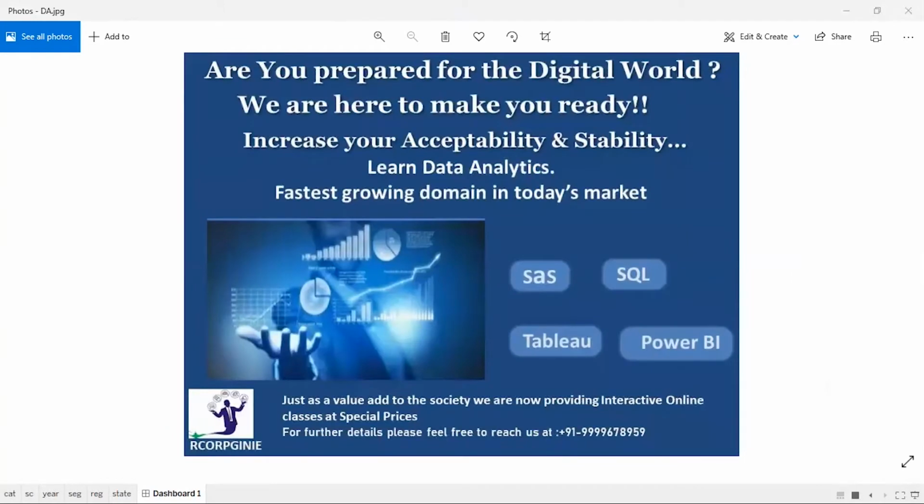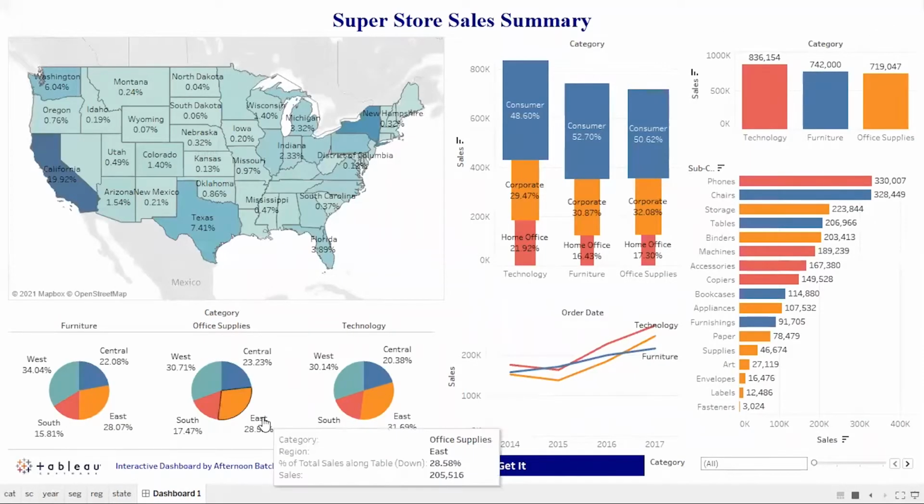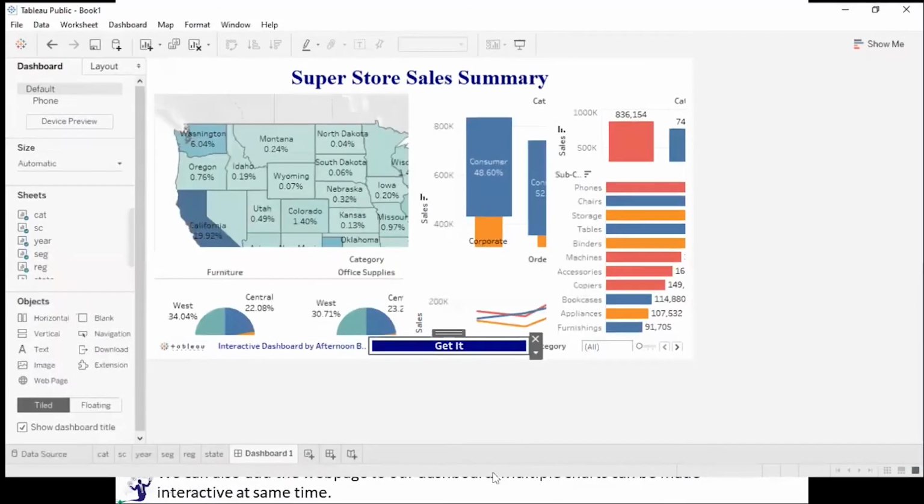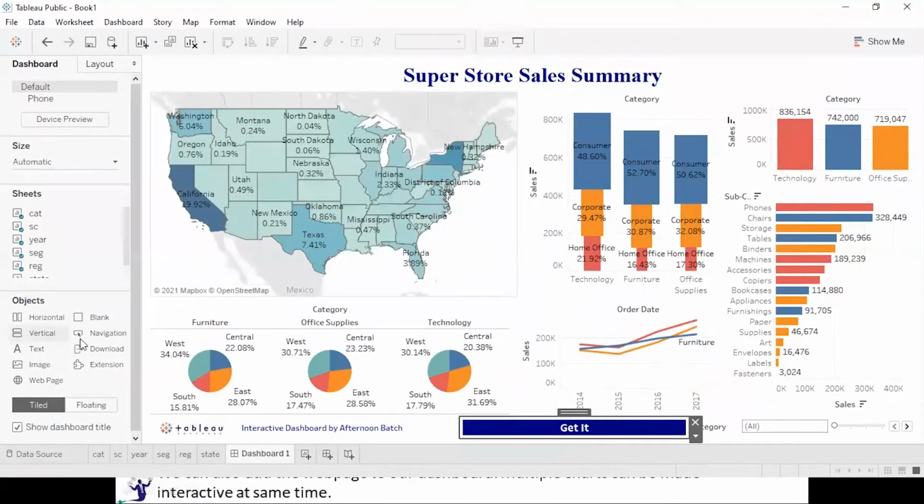You can use it anywhere you want. Okay, is that clear? Yes. So here it is. So this was the third object, text image download.